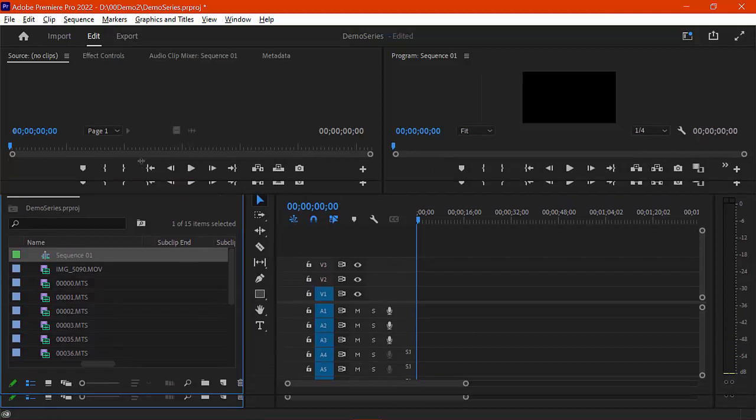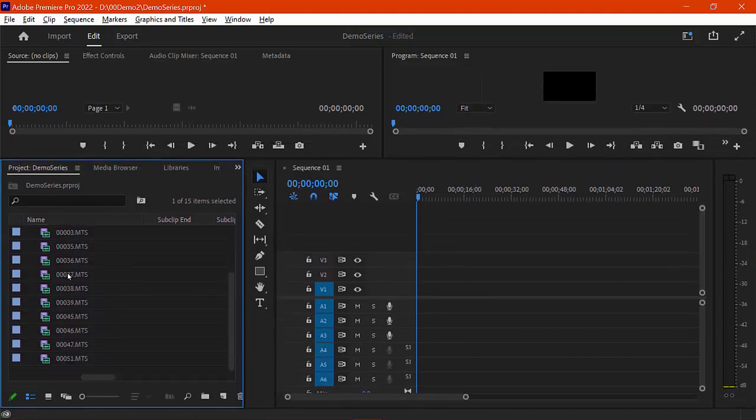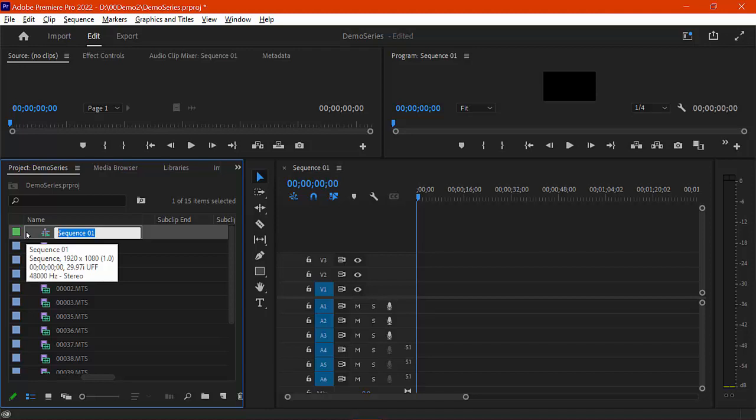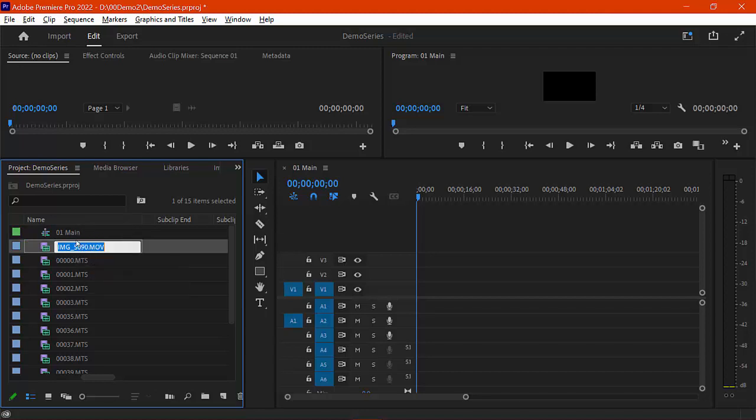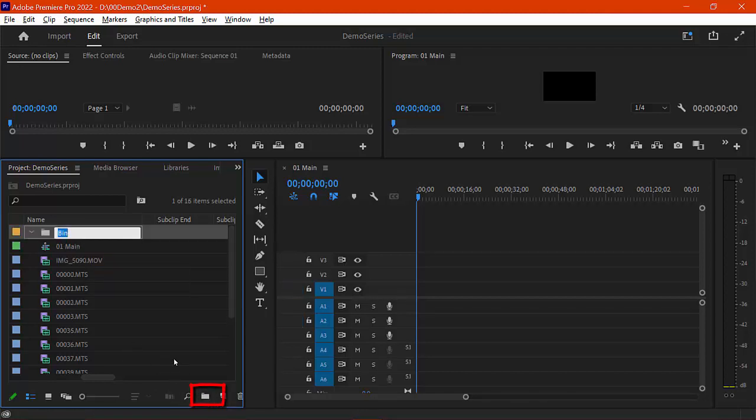And the one thing I do want to do before I get too busy is I want to folderize my content. So I've got a sequence up here, and it's a good idea to name your sequences. I like to number them, so maybe the 01 is my main sequence, and I might just type the word main in there. So it's important to organize. And all these other pieces are clips. So what I'm going to do is click the new bin button,